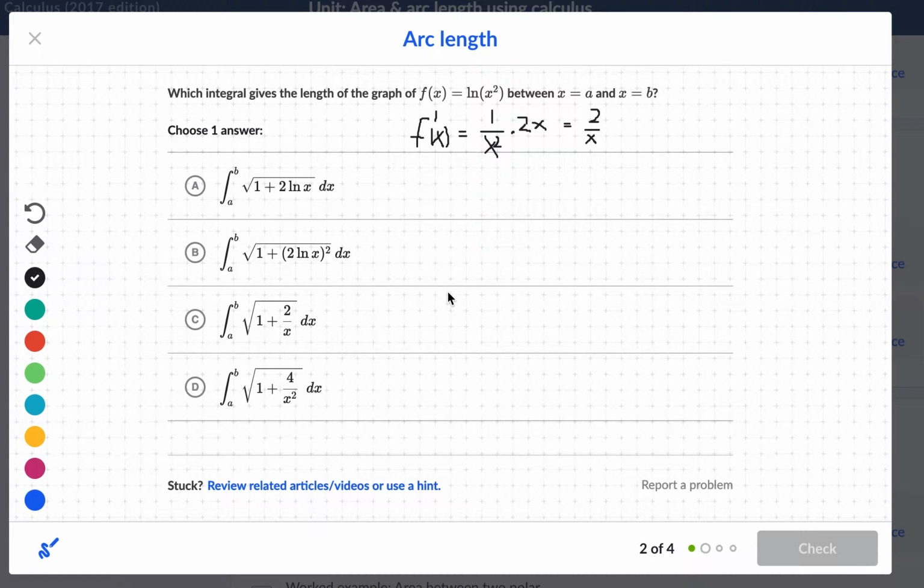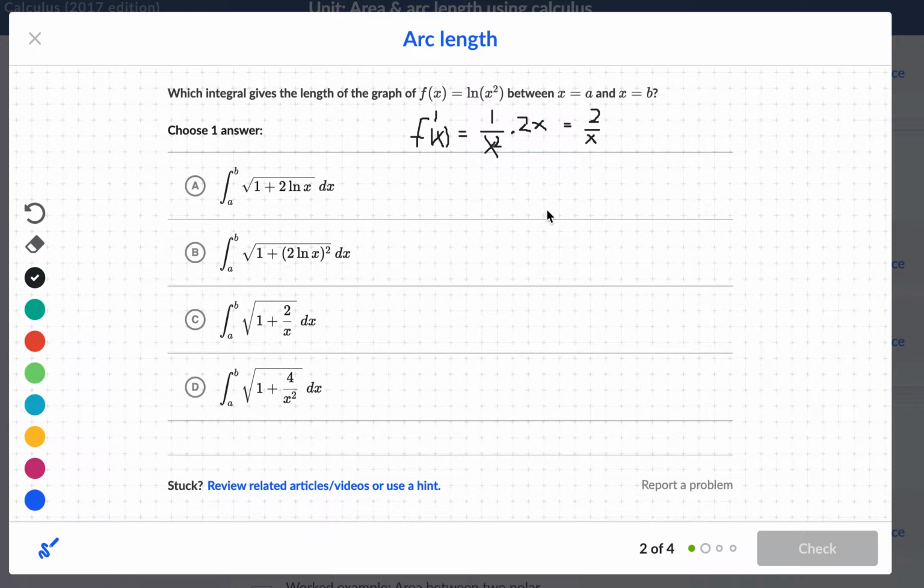Here's a quick view of the Khan practice sets on arc length. Pretty straightforward. They have an easy version and a tough version. This is the easy version where all you need to do is set it up. You need to know the basic equation in all its forms, the parametric form, and this is the function form